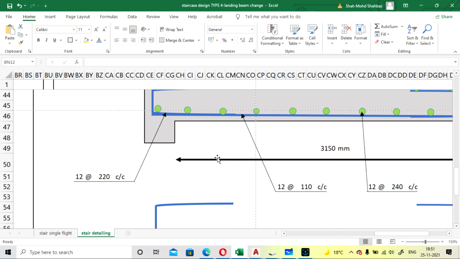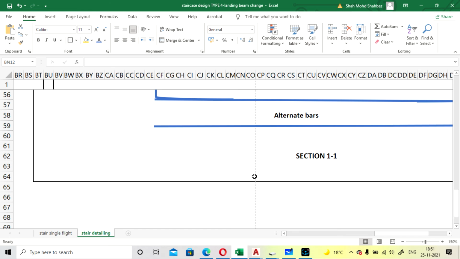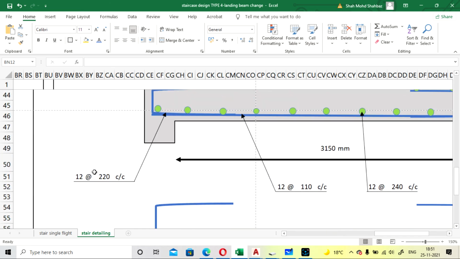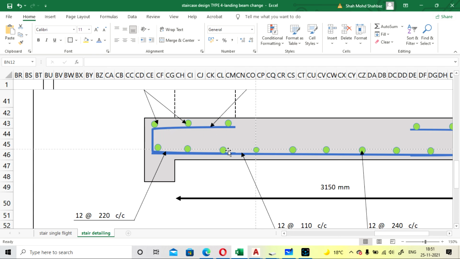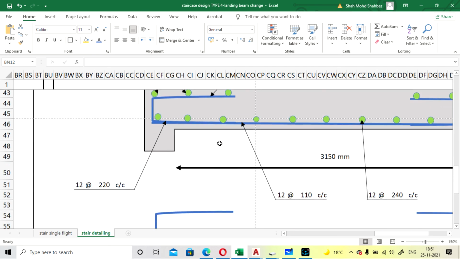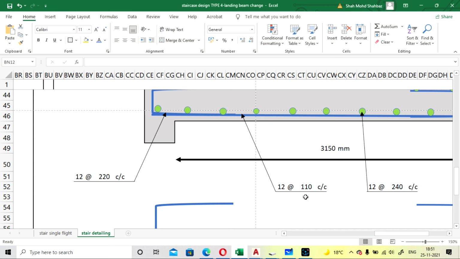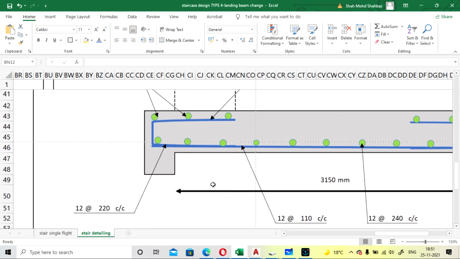Similarly, the alternate bar will have double the spacing, so it will become 12 at 220. The straight bar will go like this, as provided here, and this bent U bar will have spacing double of 110, so it is 12 at the rate of 220 mm center to center.